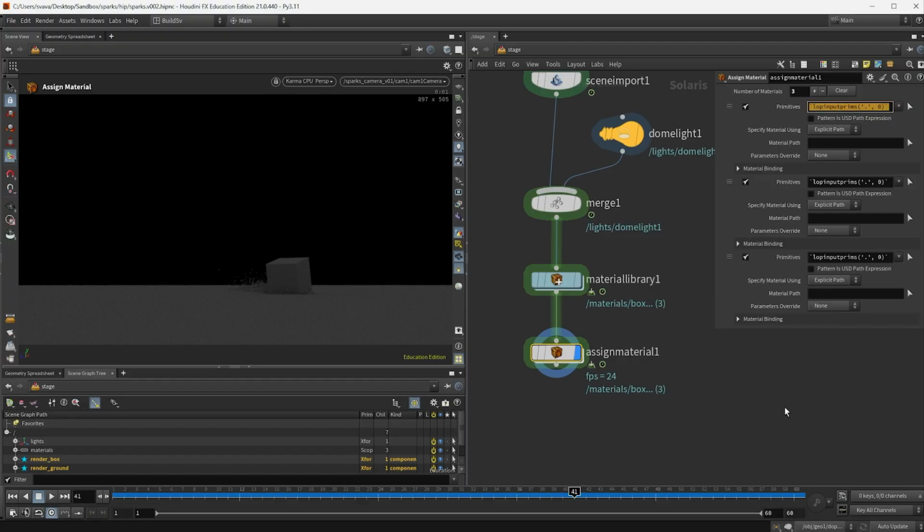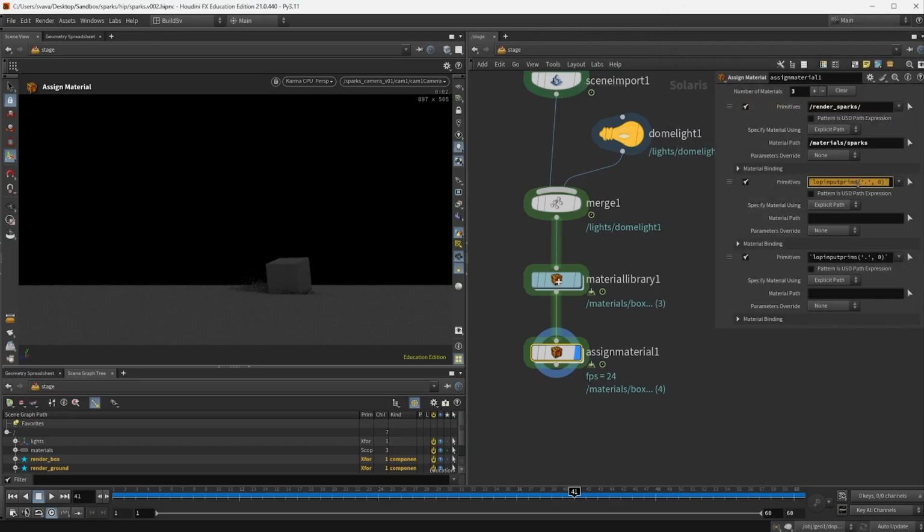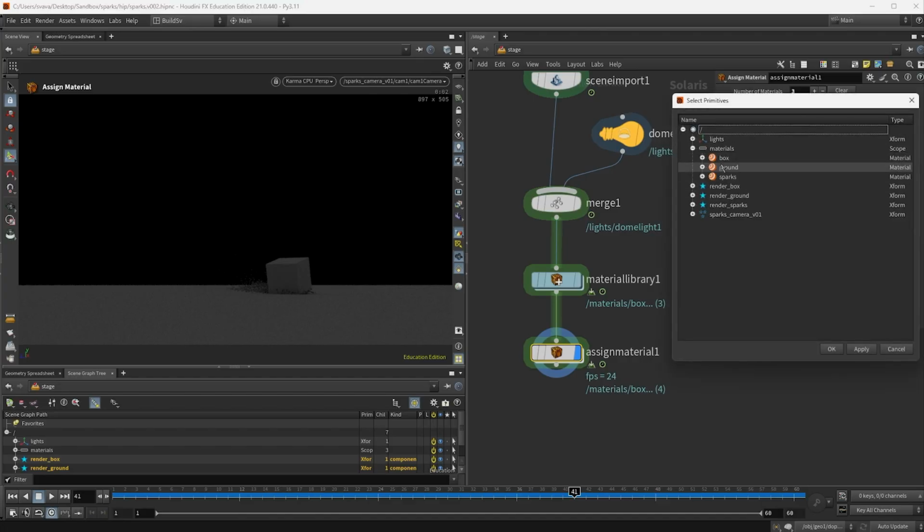1 to the sparks. So I'm going to do slash render sparks. And I'm going to pick up the sparks material. Then I'm going to assign another material to the box. So render box. And I'm going to use the box material.